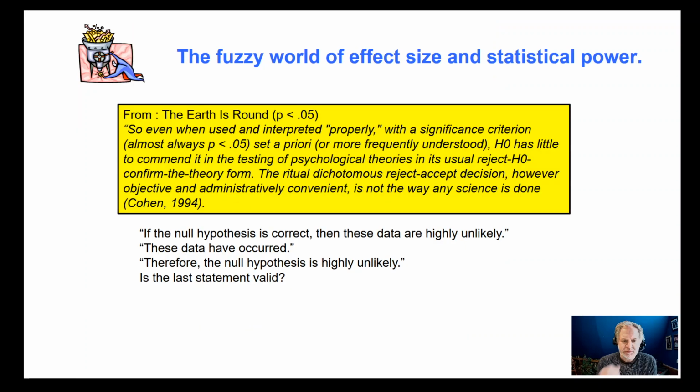Okay. So just to kind of, this is like a small little thing. This is from Cohen from 1994. So even when used and interpreted properly with a significance criterion almost always 0.05, you set that a priori, you kind of do that before you collect your data, H0 has little to commend in it in the testing of psychological theories, and its usual reject H0, confirm the theory form. The ritual dichotomous reject-accept decision, however objective and administratively convenient, is not the way any science is done. So what Cohen was saying is,